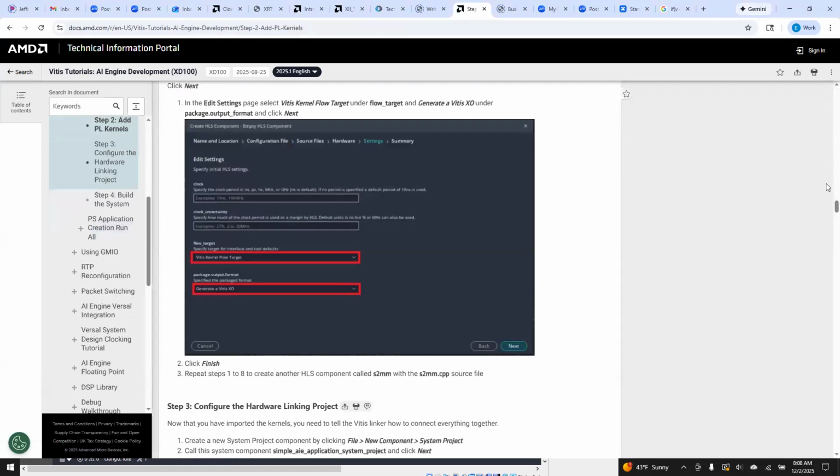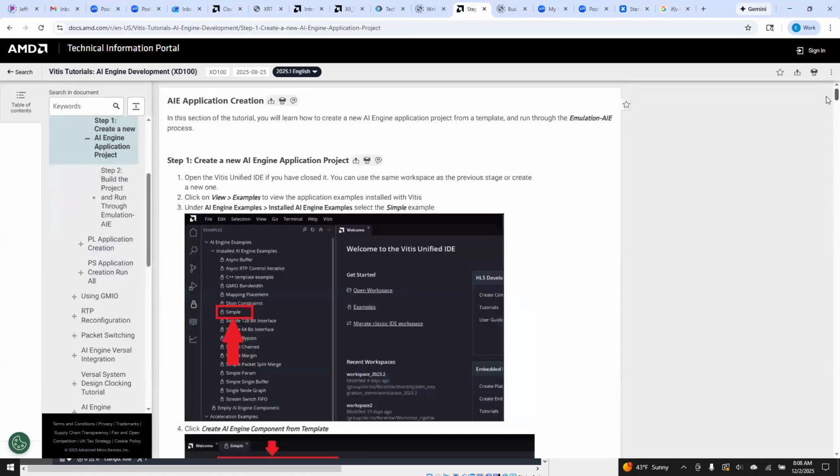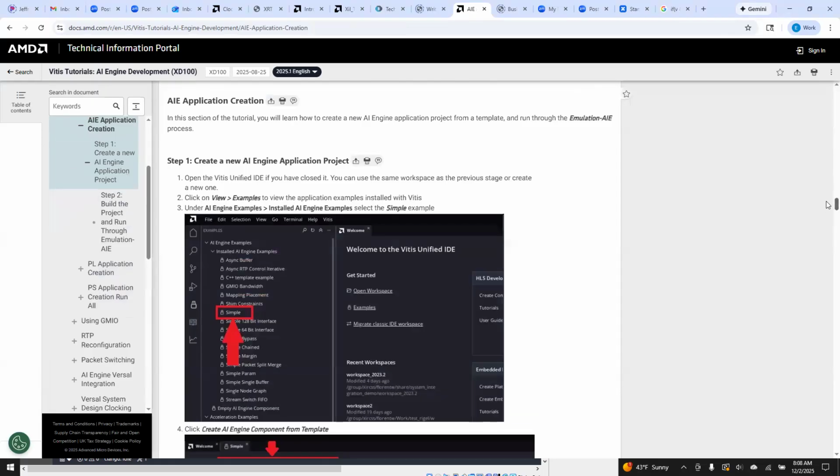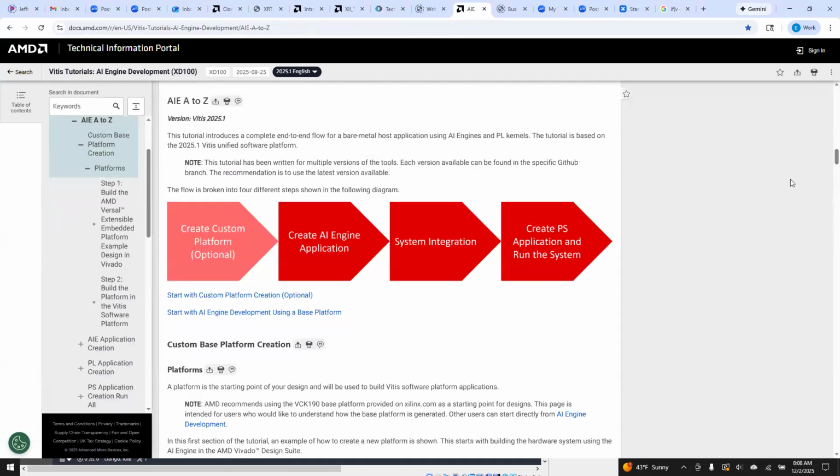So let me remind everyone exactly what our learning objective is for this particular workshop. It's called AIE, basically A to Z using bare metal. And we're going to run a similar one on the 15th where we look at Linux. And ultimately what we want to understand is the host code that winds up controlling the entire system once we